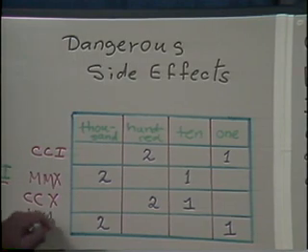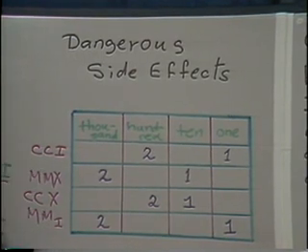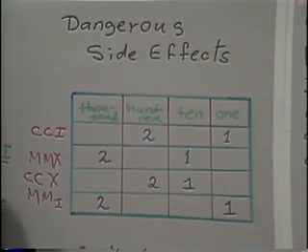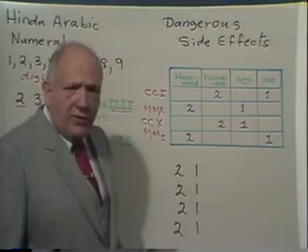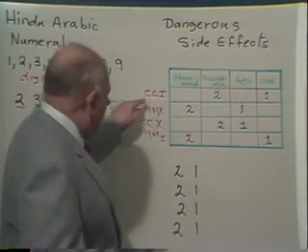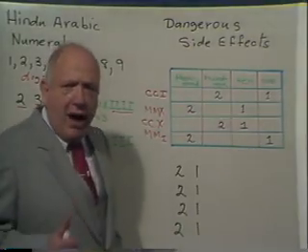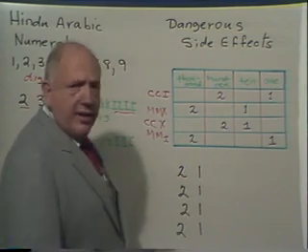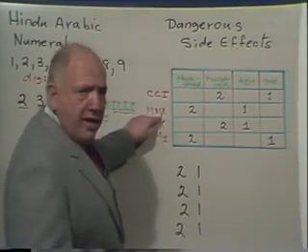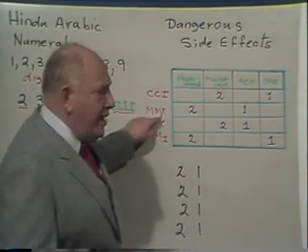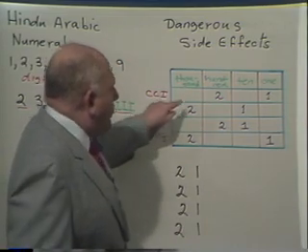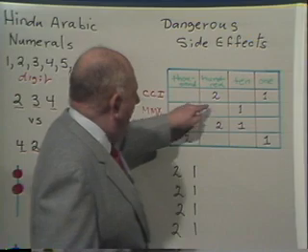That's MMI. As you look at the Roman numerals here, is there any danger, if you know the Roman numerals, of confusing these? No, because the nouns are visible. You know that there are no tens here, because the noun for 10 is X, and there are no X's here. You know that there are no hundreds here, because the noun for 100 is C, and there's no C here. The problem comes up in our place value system.